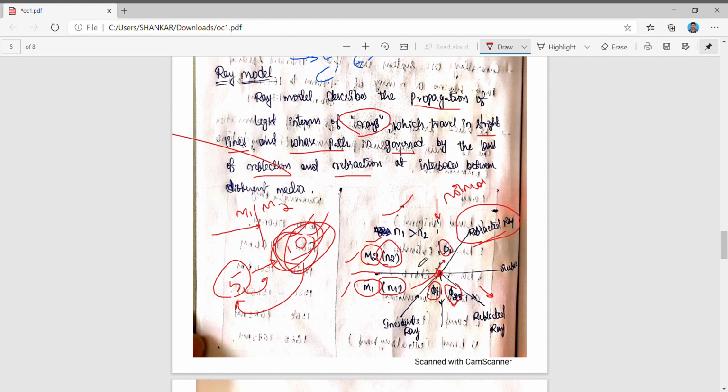Suppose the density of the second medium is high, n2 greater than n1, then the signal will not propagate into the medium n2. If the second medium has a high refractive index compared to the first, whatever signal we transmit here, we cannot propagate it into the second medium. While transmitting the signal, we should have the second medium as the less dense medium, with the lower refractive index.